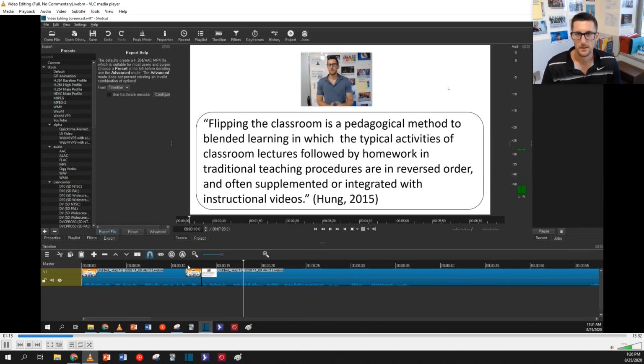flipping the classroom is a pedagogical method to blended learning in which the typical activities of classroom lectures followed by homework, this is more traditional,